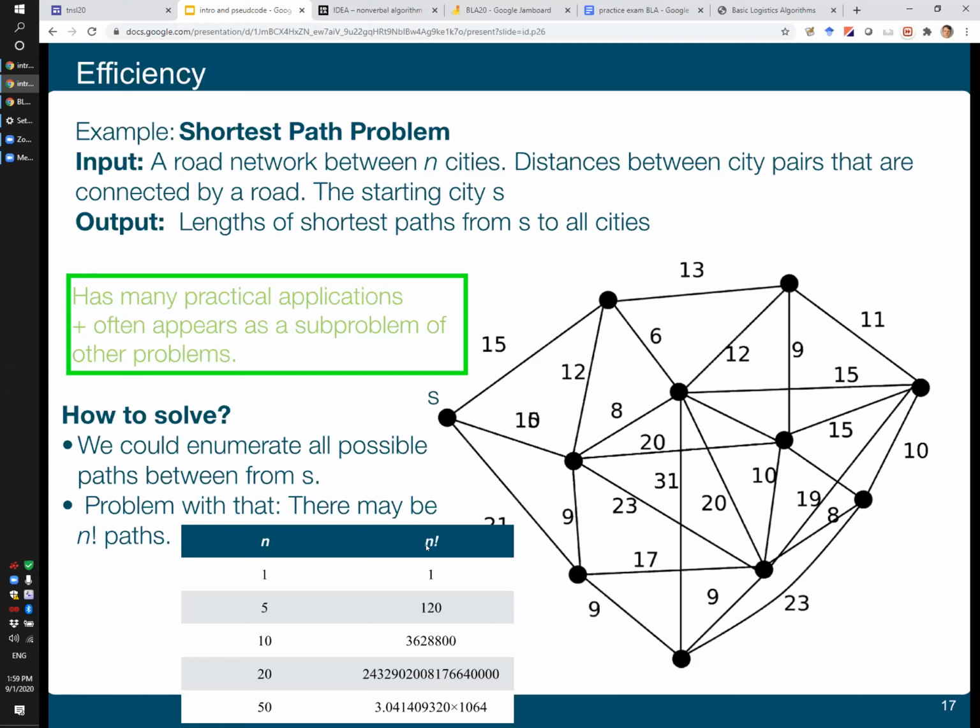In fact, it has its own notation, n factorial, and this number, the number of possible paths, grows very fast with the number of nodes in the network. We want an efficient algorithm that will give you an answer even on large networks, and this is the algorithm that we will study